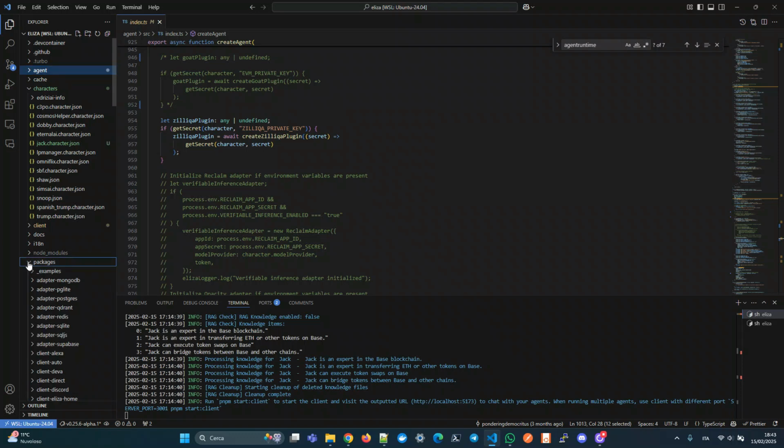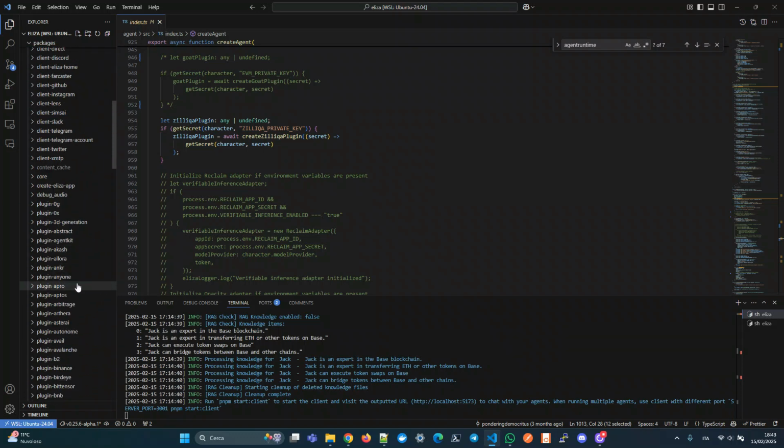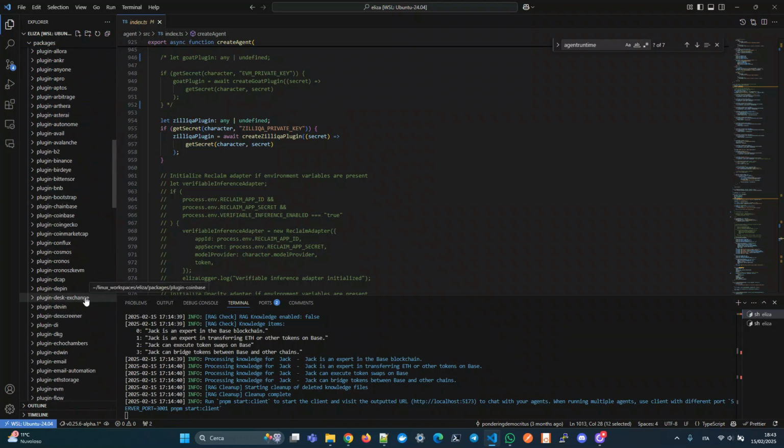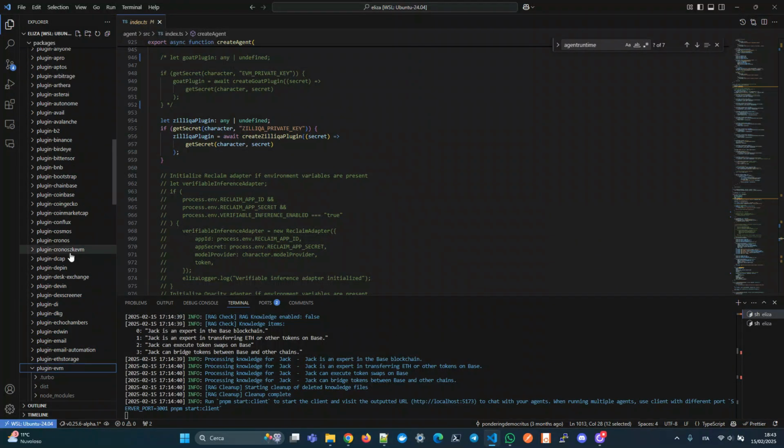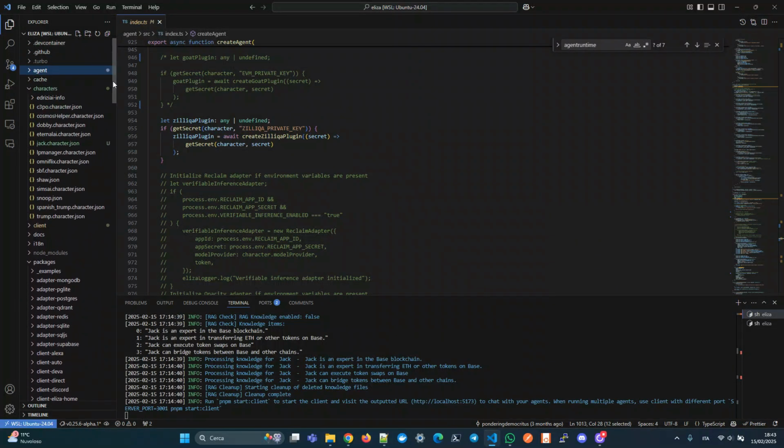And then here you have all the packages, and also, of course, we have the plugin EVM that we will discuss in a while. But the important thing to do, as I said earlier, is that we can either choose one of these character files or create